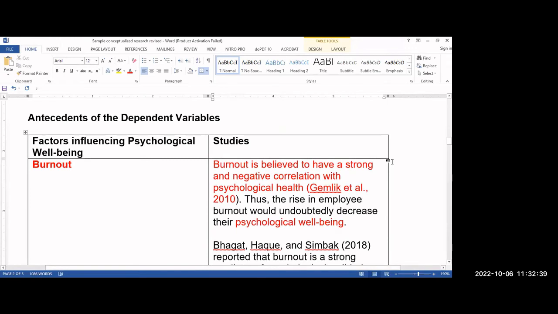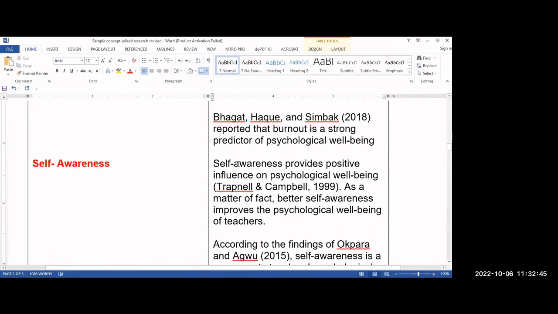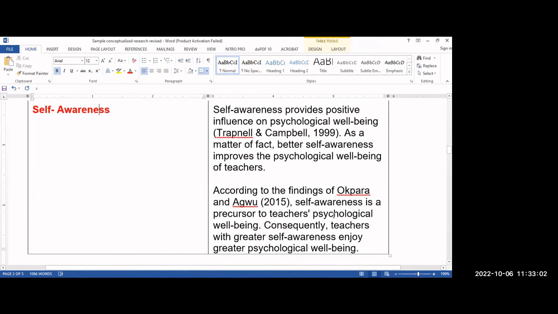Kung gusto niyo dagdagan pa, then place all the findings on what are the factors that can influence the burnout. Then, self-awareness, this is another variable, independent variable, provides positive influence on psychological well-being. As a matter of fact, better self-awareness improves the psychological well-being of teachers. You cite the author,